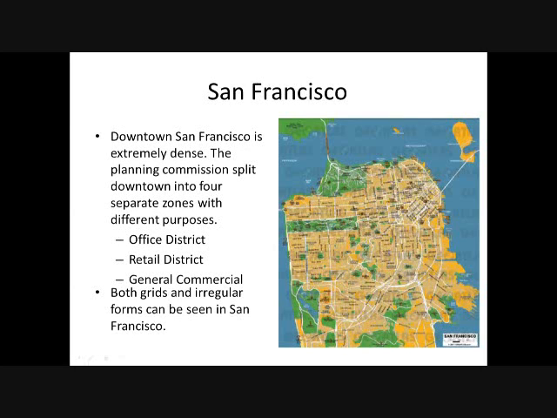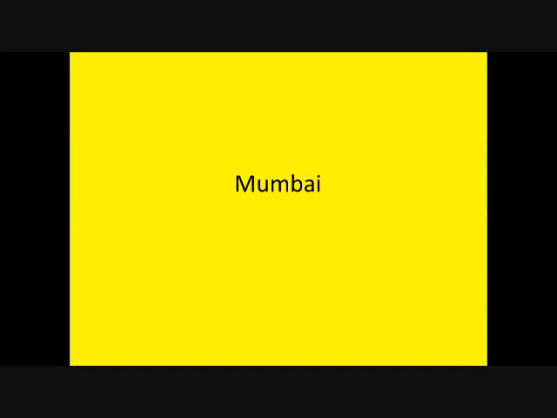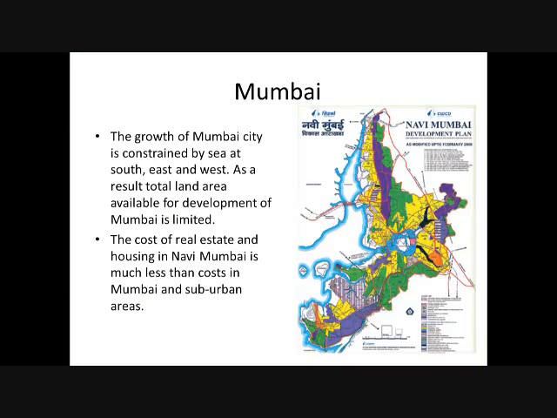But downtown San Francisco is extremely dense. The Planning Commission split downtown into four separate zones. So here we find the application of zoning: office district, retail district, general commercial district, and support district. So this is another approach to separate the functions of the city into different systems, districts. The city of Mumbai in India also is constrained by the sea,